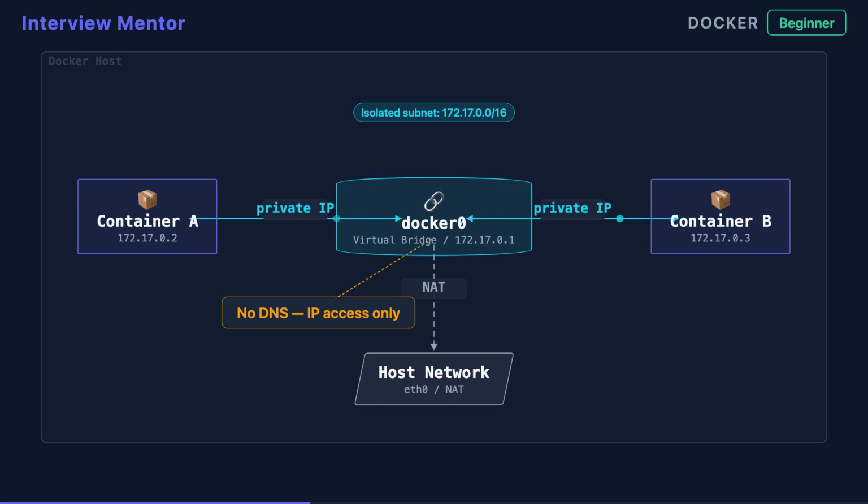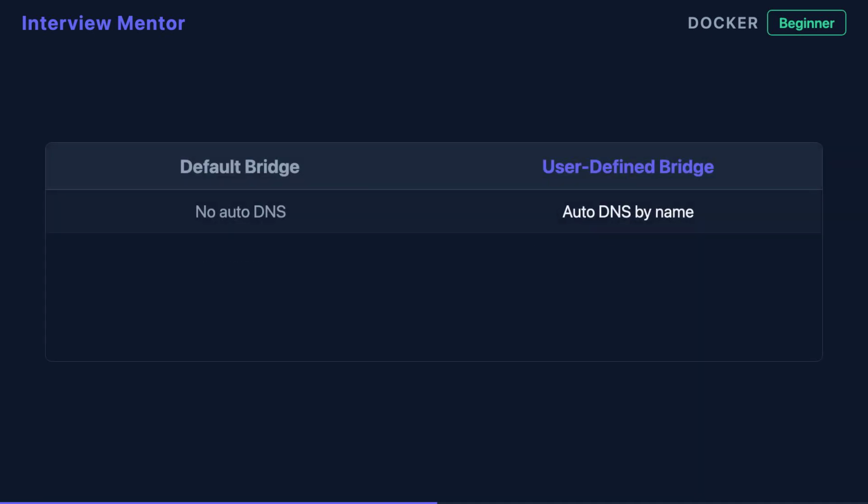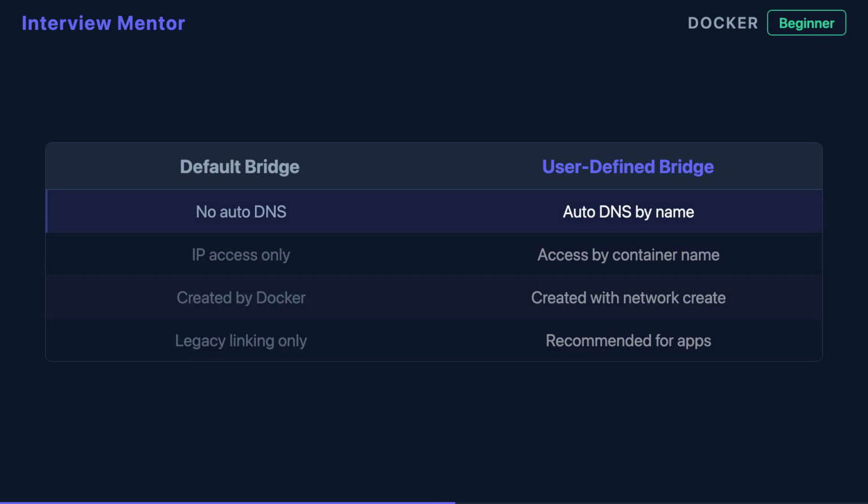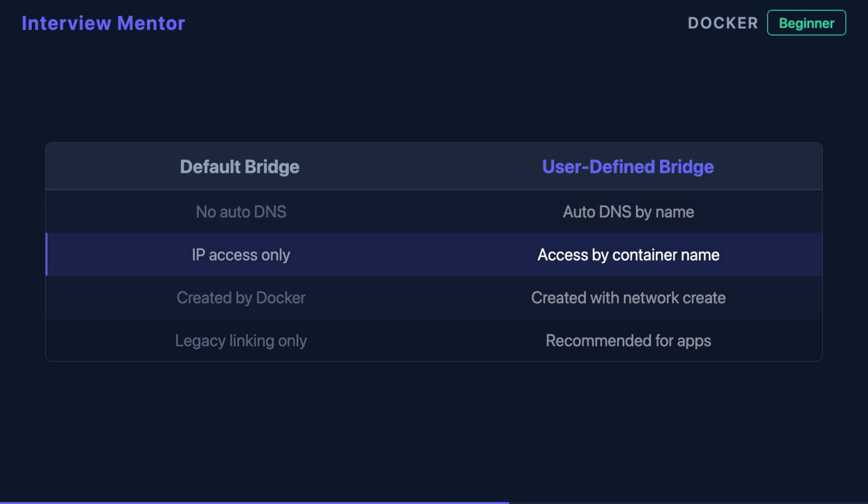Containers on the same bridge network can reach each other over these IP addresses, but remain isolated from containers on other networks. One key limitation: the default bridge does not support DNS resolution, so containers can only find each other by IP, not by name. User-defined bridge networks solve this. When you create a network with docker network create, Docker adds automatic DNS resolution, letting containers reach each other by